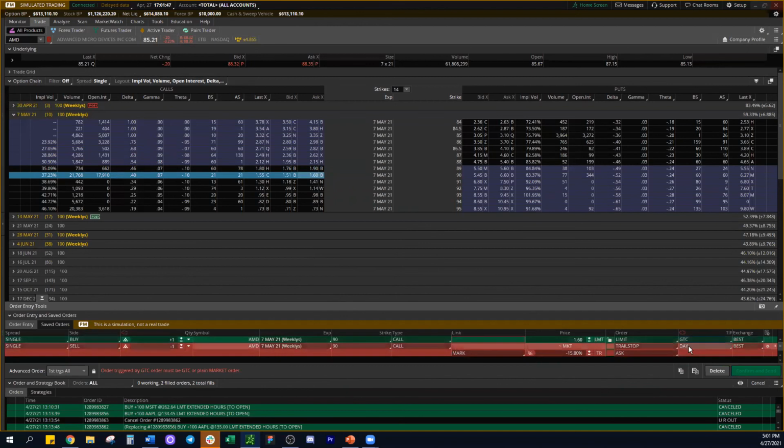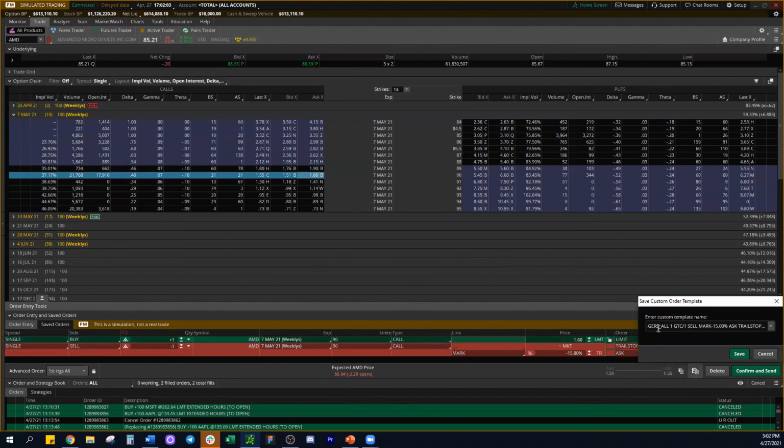And we'll do good till cancel. I want to make sure that both of these are good till cancel. You can click this little link here to change it and send that. If I want to make this a template, you can actually click this little box here, and then,